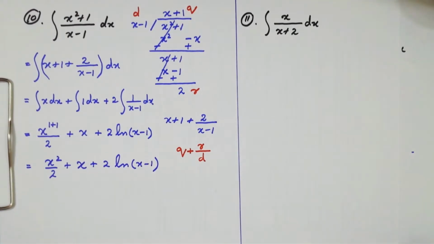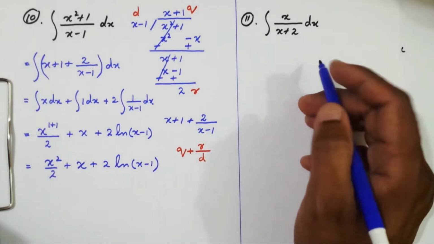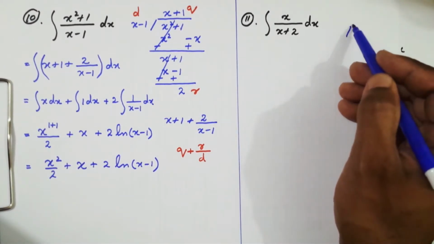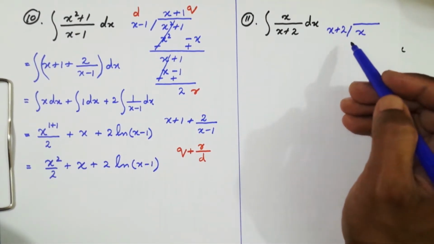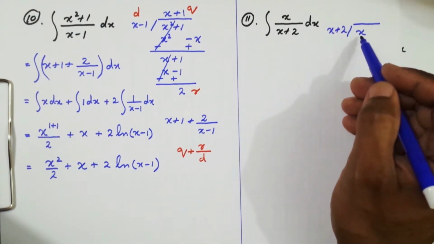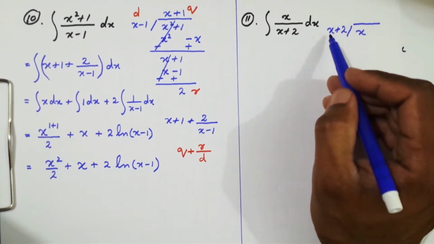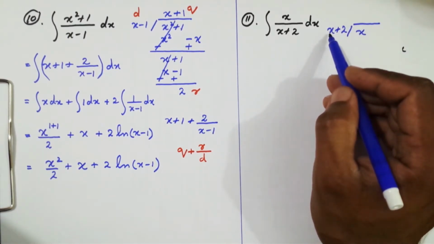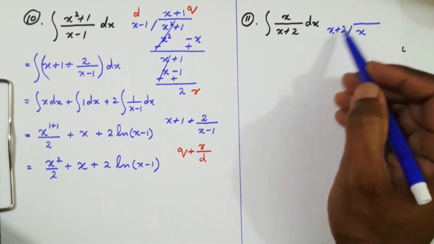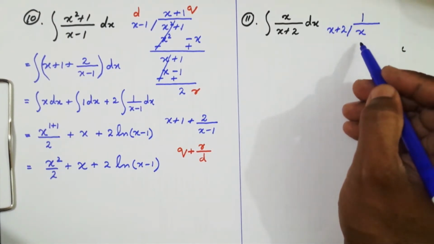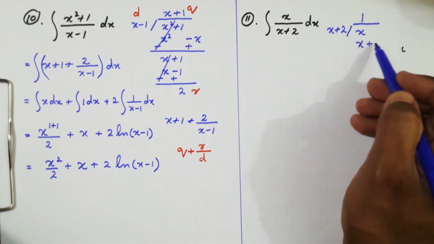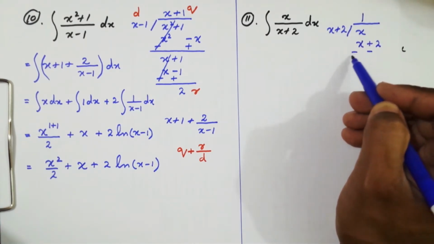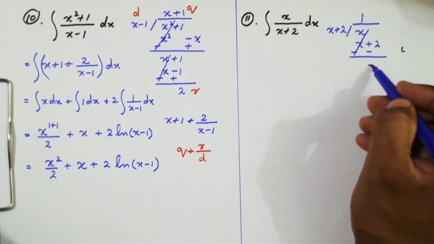Now we do question number 11. Same as this procedure, first you will divide the numerator by its denominator. So you are looking at here in the dividend the variable is x, and in its divisor it is also x. So we multiply this divisor with 1. X multiply 1, you will get x. 2 multiply 1 plus 2. After changing sign, x will be cancelled, the remainder is minus 2.